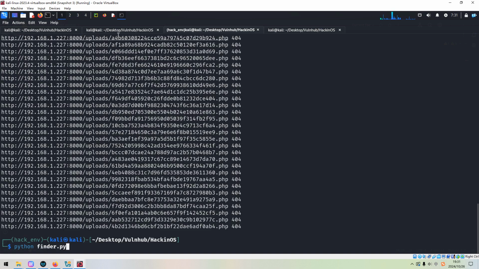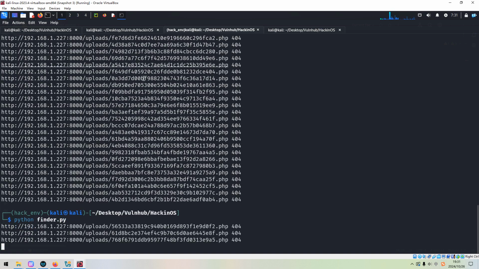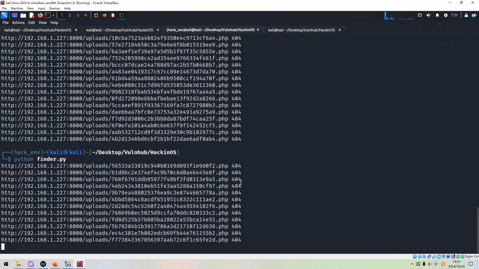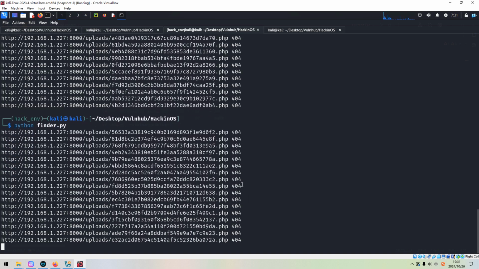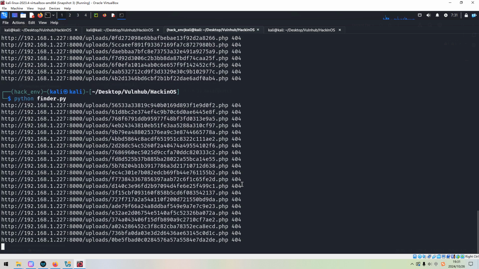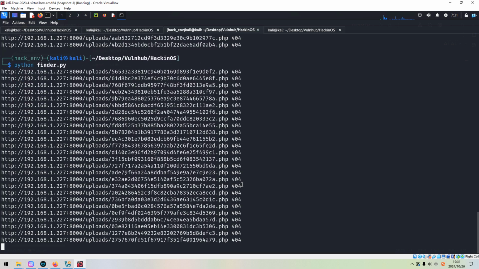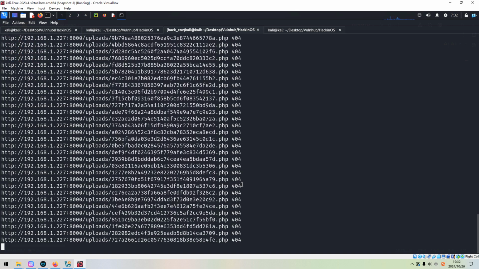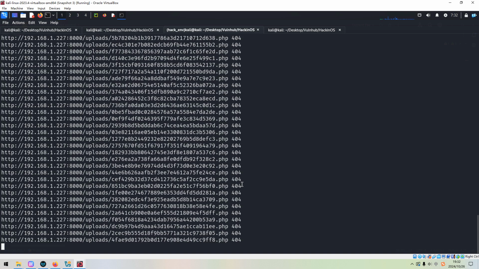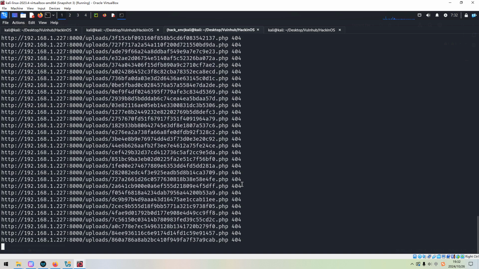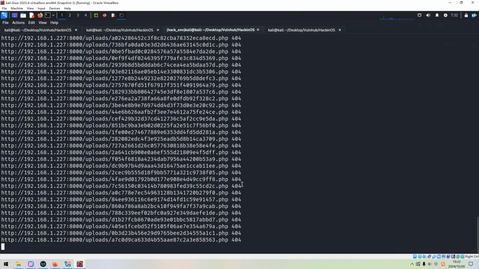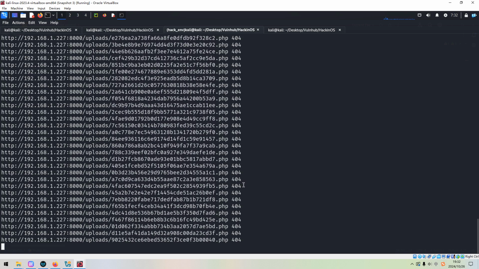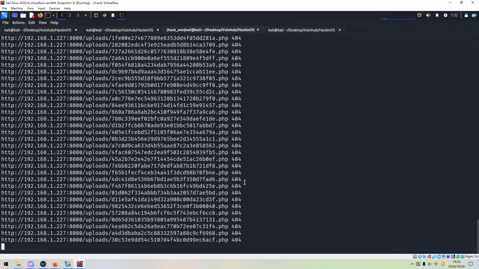Maybe we can run it again. 404 means not found. Hopefully we can get the right one, and then we can go ahead. When I did the machine the first time, I needed to restart the machine. I don't know why, but I indeed restarted the machine.